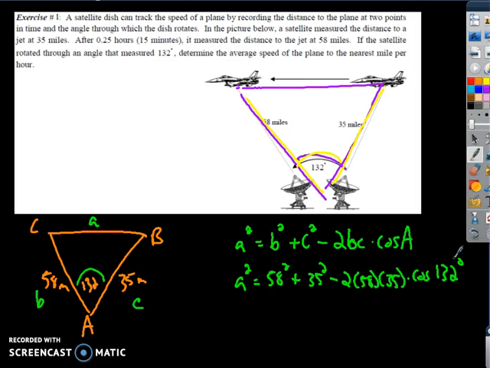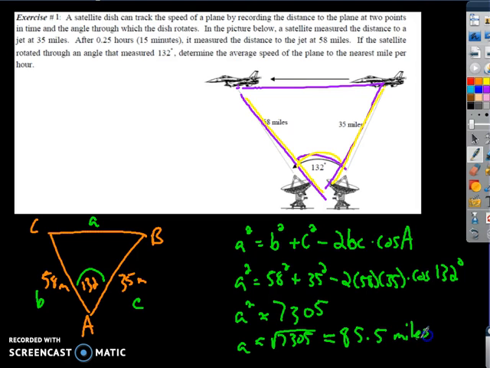And from there, I'll plug this directly into my calculator. I get a squared to be about 7305. So a is about the square root of that, which is about 85.5